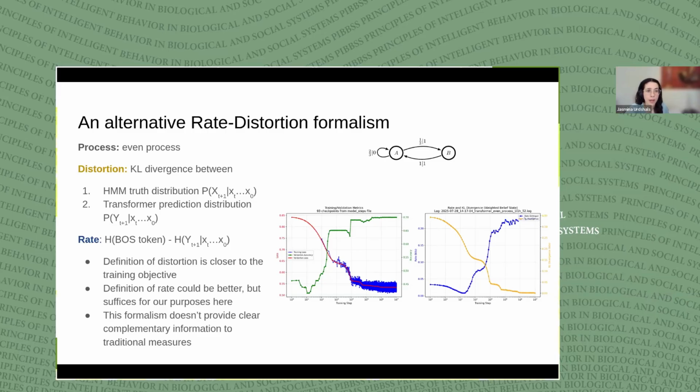And we went for what we hope to be a more intuitive definition of the distortion measure, now a continuous one, where we take the KL divergence between the transformer prediction distribution, where we have a certain context of the given sequence, and given that context, we take the softmax and predict